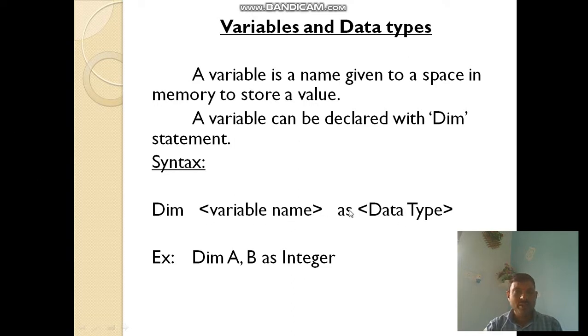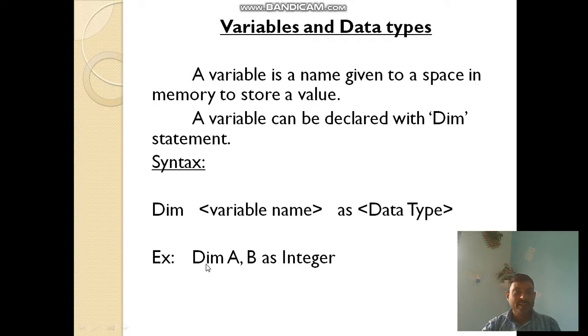The variable name is the name of a variable, and the data type is the type of data which we are going to store in that variable. Dim is a keyword. Generally we give variable names as we wish, by following some rules.